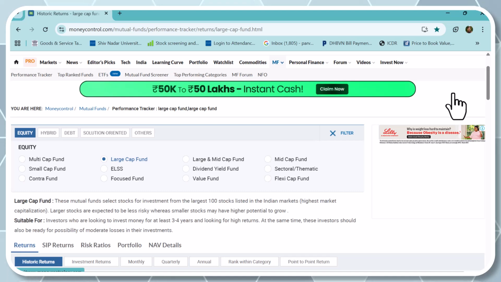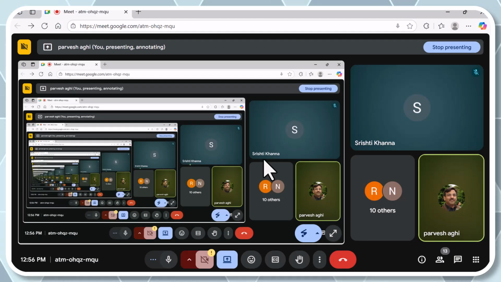Now, instead of investing directly into the stocks, am I audible? Okay. So I was just saying that,